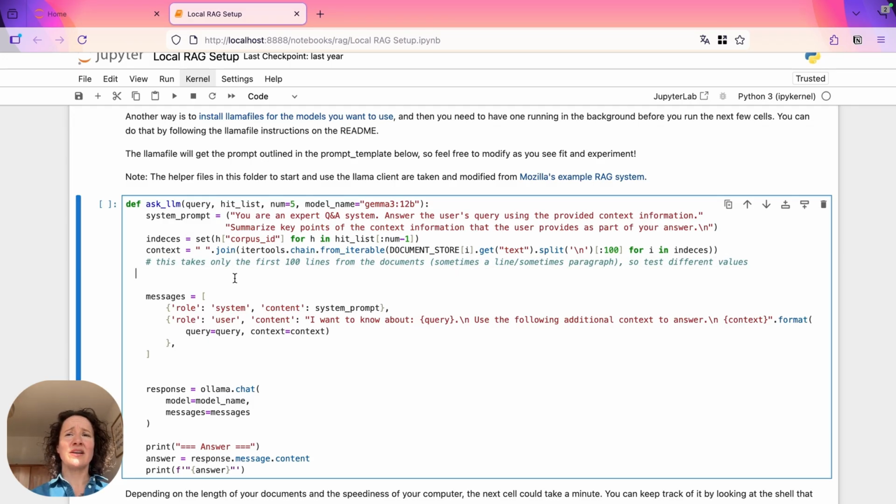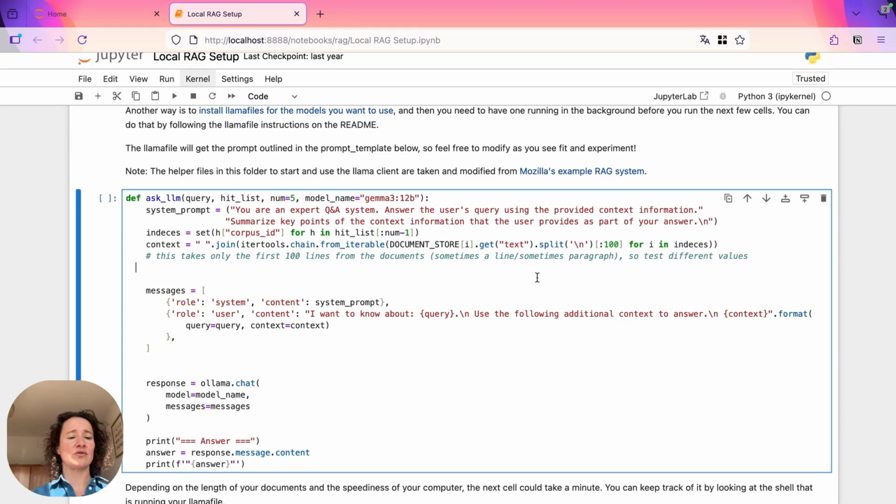That's just because most of the documents I have stored are either research PDFs, long policy papers, presentations, or documents I've written. That means that usually within the first 100 lines, the main points have been made. Now, your results may vary, so you probably want to tweak this or change it to whatever works